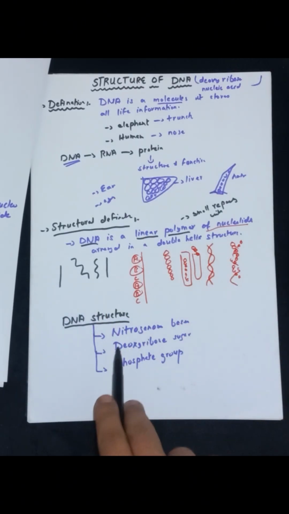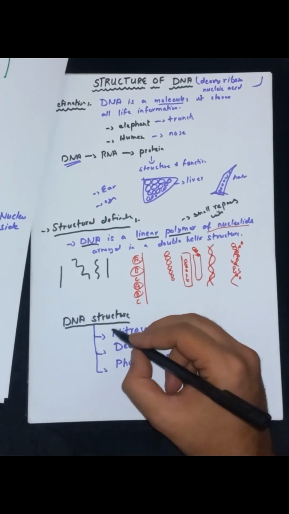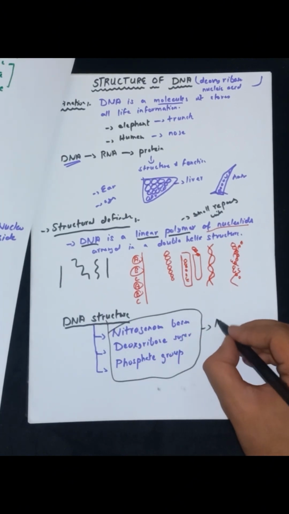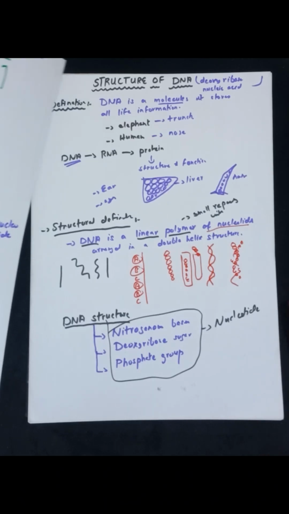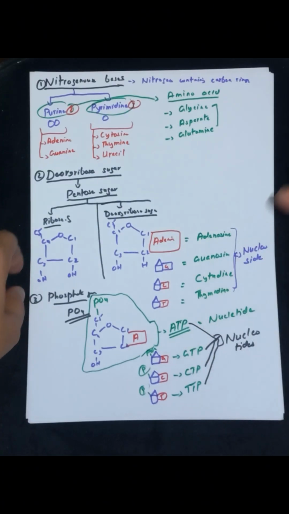What was included in a nucleotide? This is actually a nucleotide structure. These three form what? A nucleotide. Okay, so we have got our nucleotide clearly here. Okay, let's again recap it. DNA is made up of a linear polymer of nucleotides. A nucleotide includes